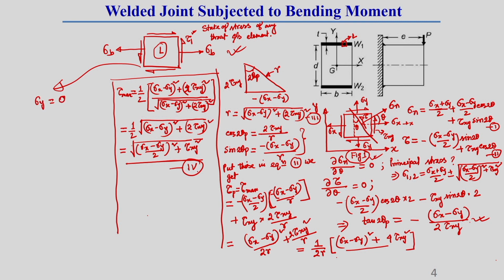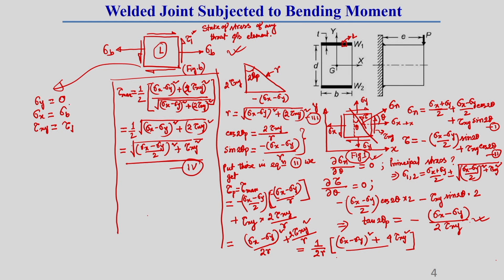So, in this equation 4, here sigma y is equal to 0, but here sigma x is equal to sigma b, or you can say tau xy is equal to tau 1. So, what should be the maximum shear stress in this type of case? In this state of stress which I am showing, let this be our figure B. So, by using this figure B, what can we say?